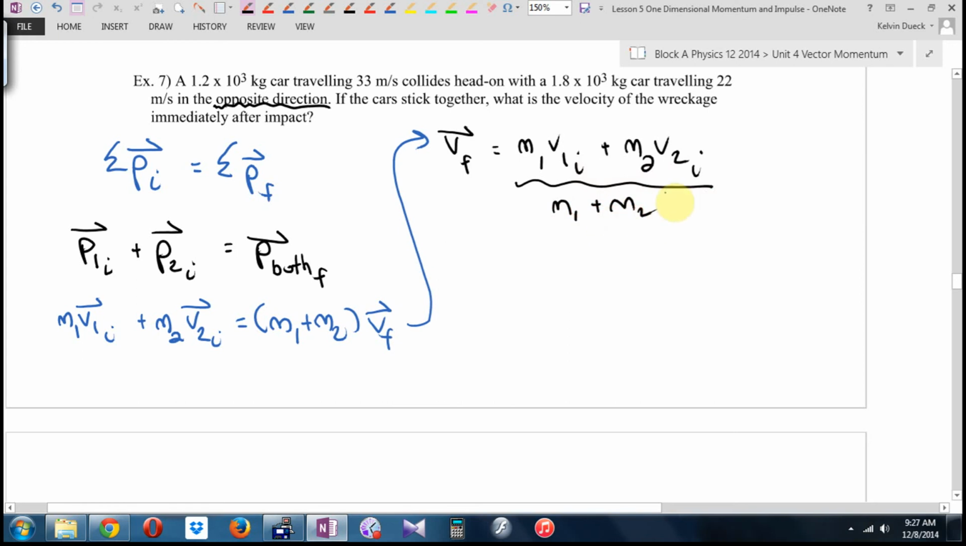Oh, I like this question. What's mass 1? 1200? What's V1? 33. Plus, what's mass 2? 1800. What's V2? Negative 22. All divided by